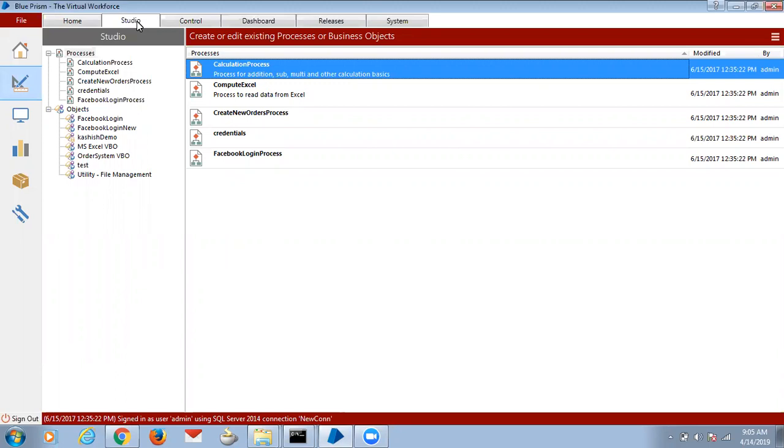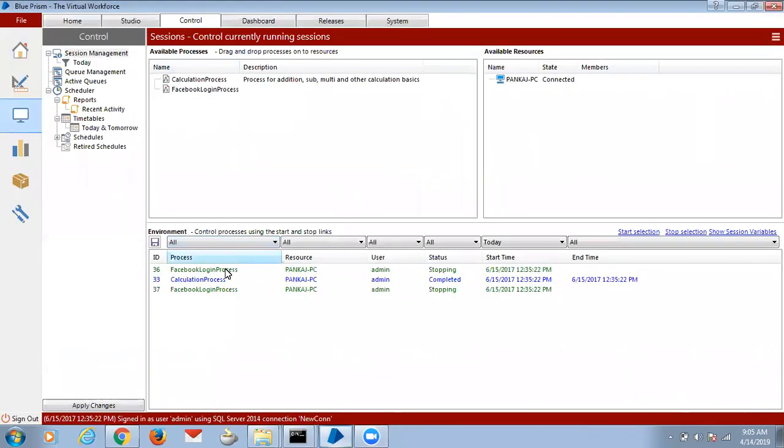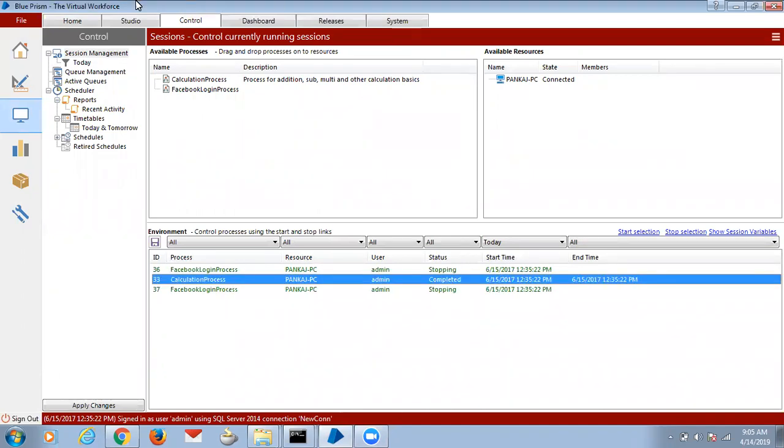Okay, so session variables are nothing but, suppose while you are running your process, we already know that we are going to run our process in the control room, right?